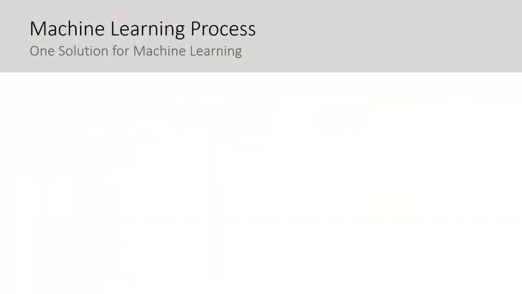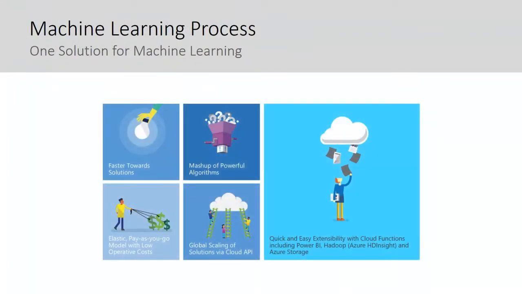So it's one solution for machine learning. Faster towards solution, a mashup of powerful algorithms consisting of industry standard algorithms and those developed in-house by Microsoft, used by Xbox and Bing. The Azure model of elastic pay-as-you-go modeling with low operative costs, you pay for what you